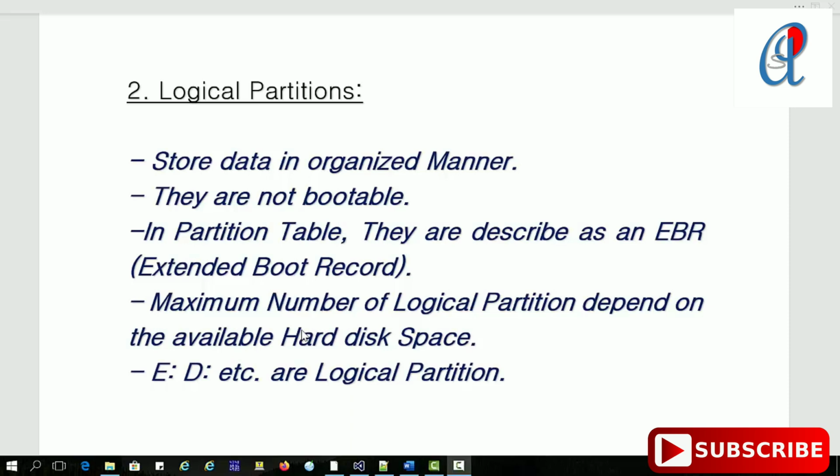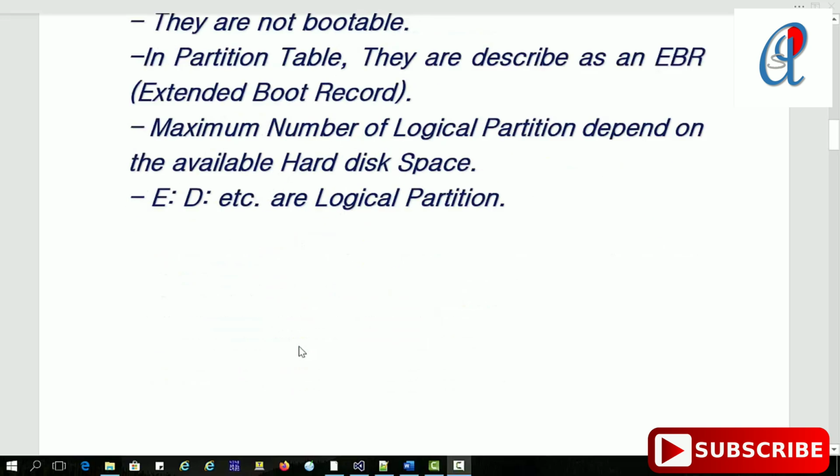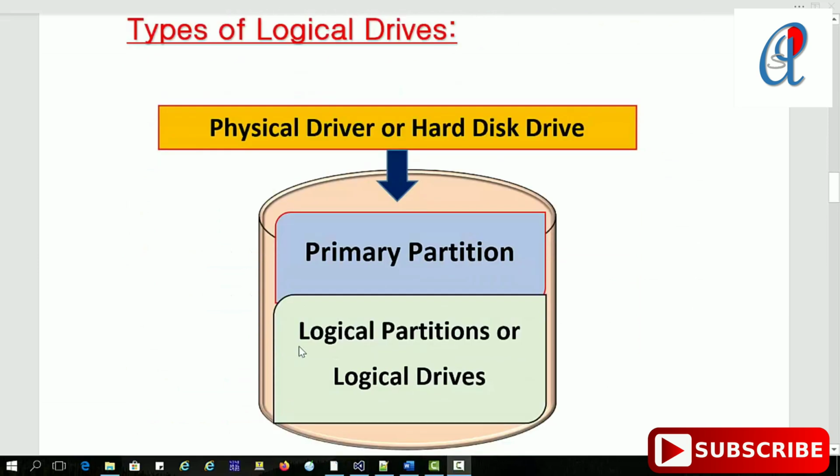Generally your C drive is the primary partition, and the other partitions are called logical partitions. So if you see the logical drive types, this is the hard disk, and that memory unit you can divide into two parts, either primary partition or logical partitions.